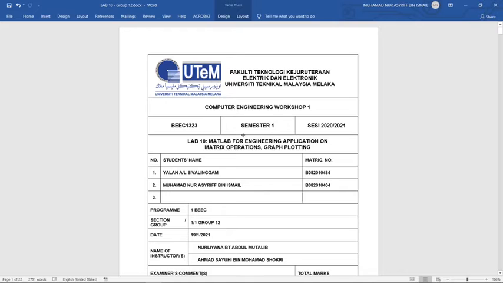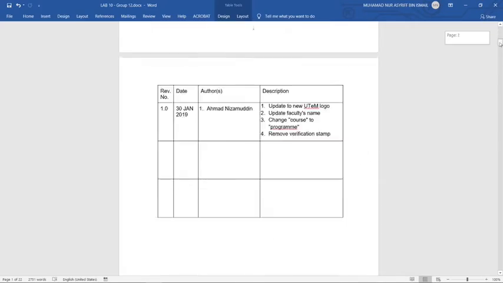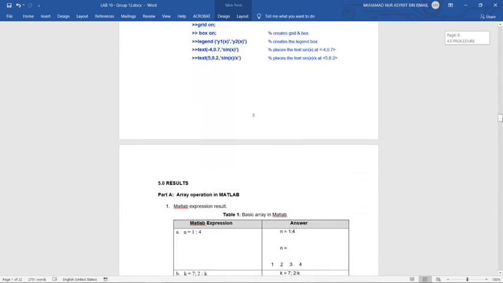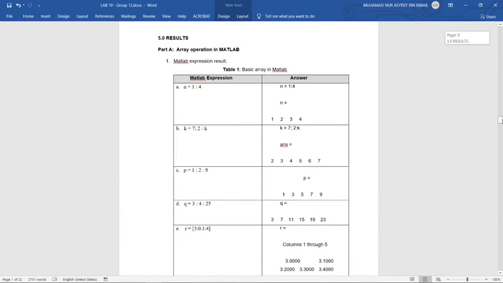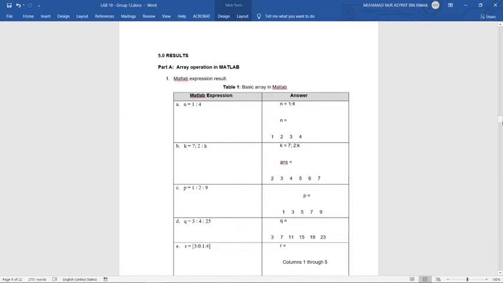So this is the lab assessment for lab 10 and my group is group 12, Muhammad Nur Ashraf and Yalan. So this is the lab report that we wrote. As madam can see from the result,